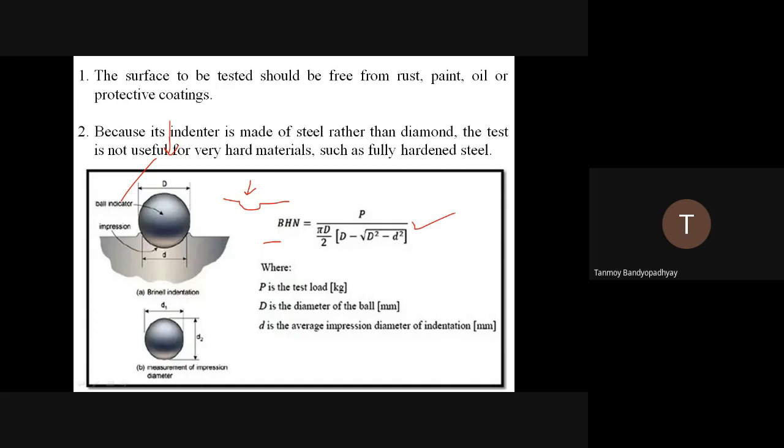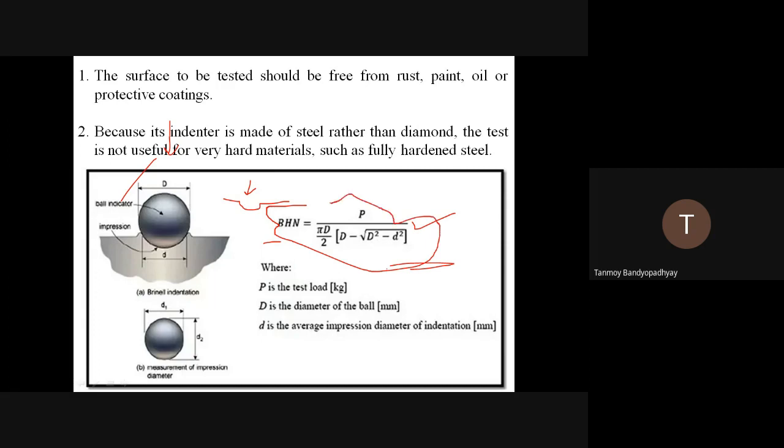The derivation for this is also pretty straightforward. You can do it by yourselves, or maybe next day I can discuss the derivation, though the derivation is not part of the experiments. So this is the expression for the BHN. This is a very important